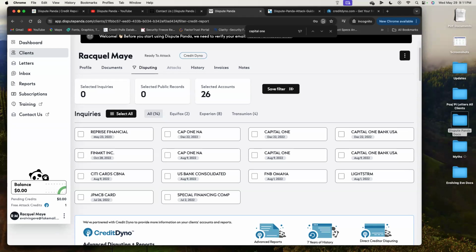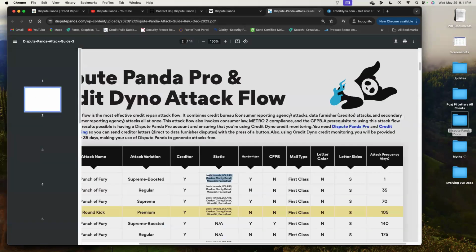The static letters are the letters that are going to the secondary bureaus. They are basically the same verbiage that's going to the primary ones, TransUnion, Equifax, and Experian. And just for clarity, all of them are credit reporting agencies. You have a score with LexisNexis, you have a score with Innovis, and they all house your information as well.